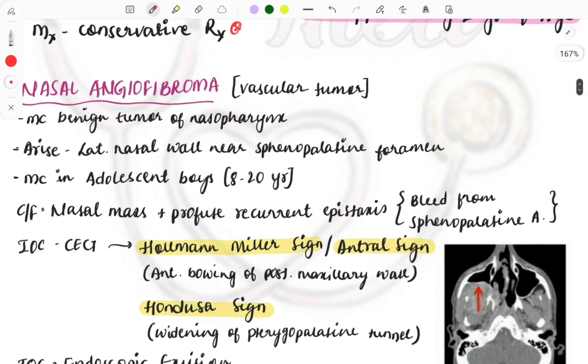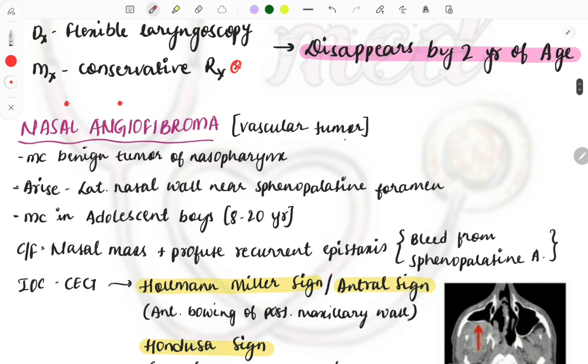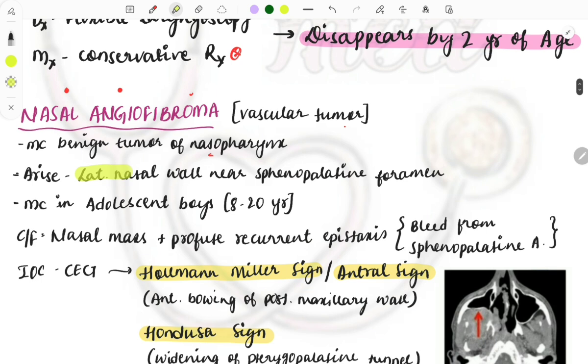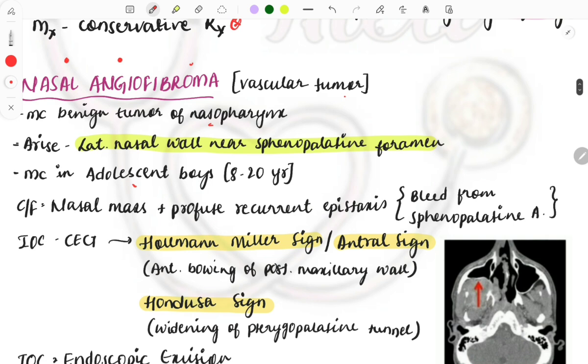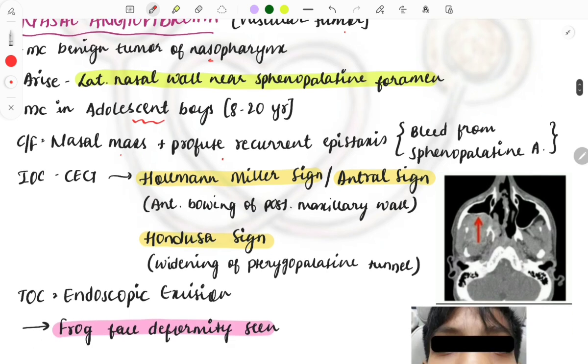Then nasal angiofibroma. So it is a vascular tumor. Nasal comes from the nose, angio blood vessel, fibroma tumor, so it is a tumor of the blood vessels. Benign tumor of the nasopharynx, it arises, so this is a PYQ asked, from the sphenopalatine foramen, that is the lateral nasal wall, most commonly seen in adolescent boys. And clinical features will be nasal mass, profuse, recurrent epistaxis, and investigation of choice, Holman-Miller sign,